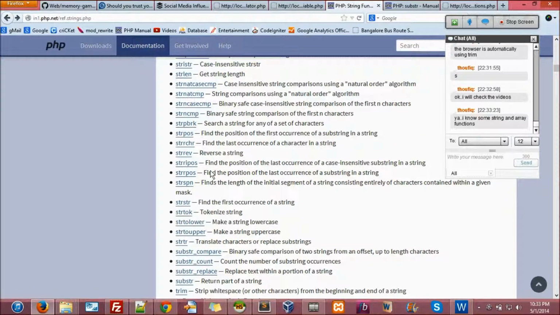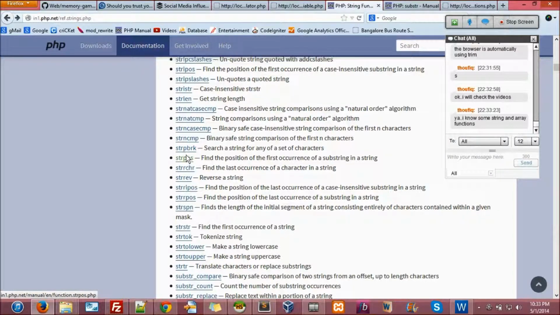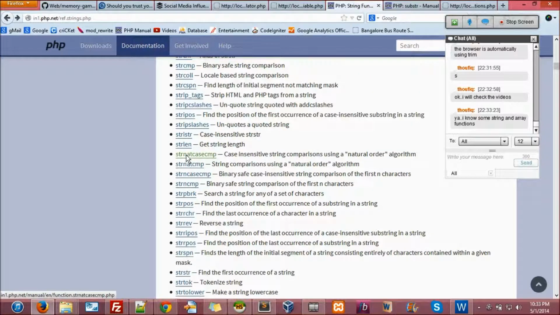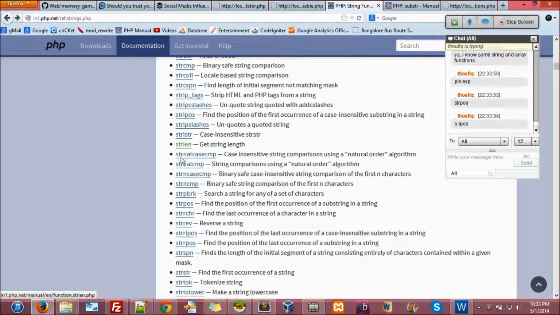And strpos, stripos is really important. Okay, strpos is important. Then strlen, very important. Oh, string position, index of.